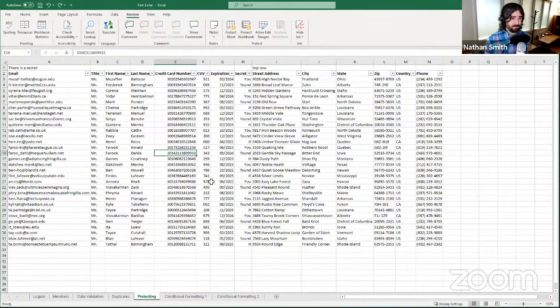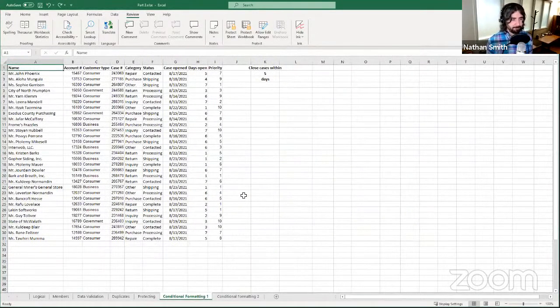So that's pretty much it for data validation, duplicates, and protecting your work. What questions y'all have about that before we move on to our last few bits here? Cool. I don't see anything so far, but if you do have a question, let me know. And it's not too late to circle back if we need to. Speaking of late, though, we're running low on time,